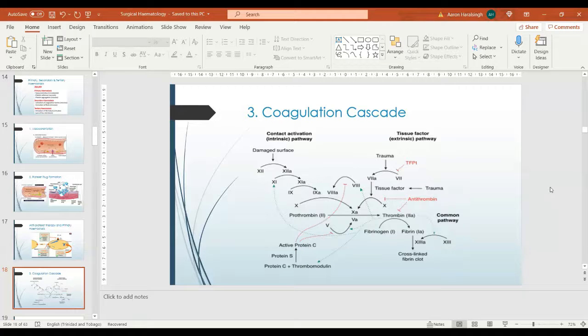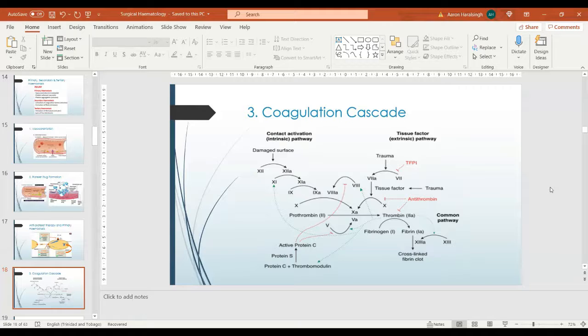This process is also aided by the platelet phospholipids, as well as calcium and factor 8. When we come into the common pathway, we have factor 10, which becomes activated. Factor 5 also becomes activated by protein C and calcium, and both of those factors, 10 and 5, so 10A,